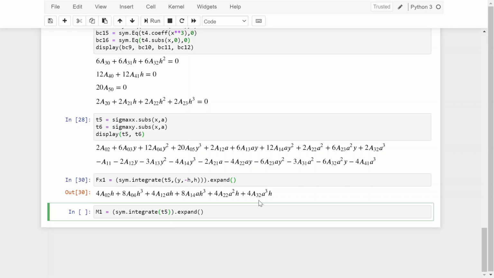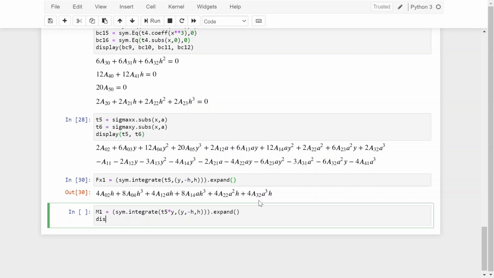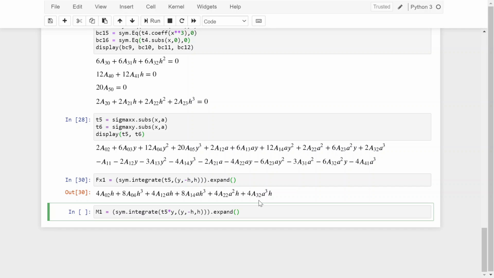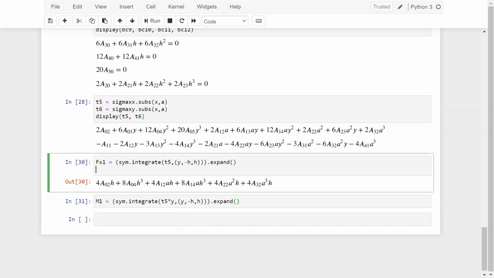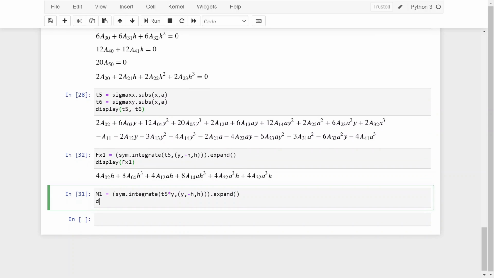The T5 is basically the sigma xx expression where x has been substituted as a, but now I have to multiply this expression with y and then carry out the integration just like I had done before, from minus h to h. Lots of brackets here, but since we are working from the inside out, they should be correct. And now we display this. It will get displayed automatically. Sorry, in the previous step I need to display this fx1, and here also I need to display this